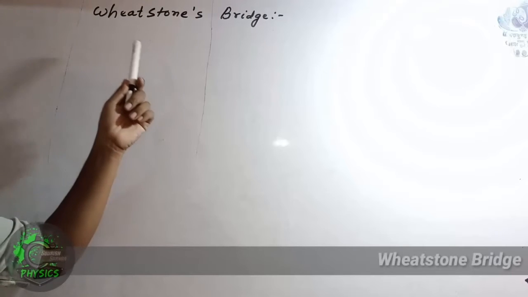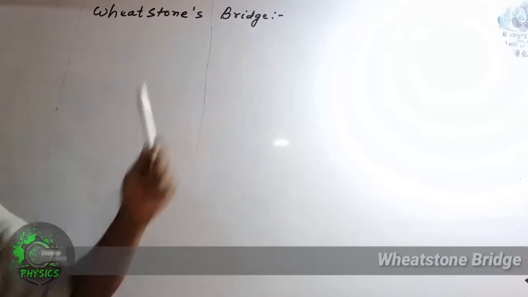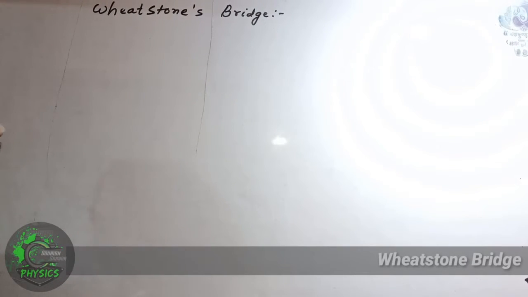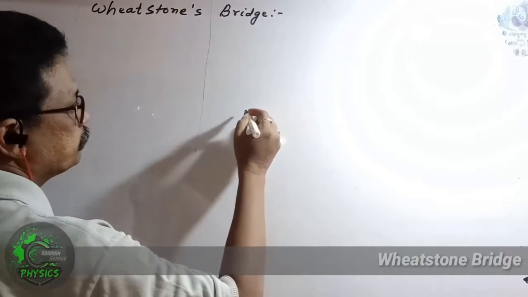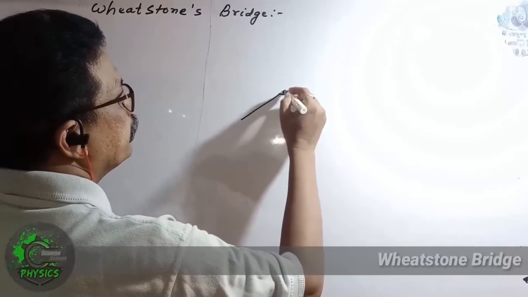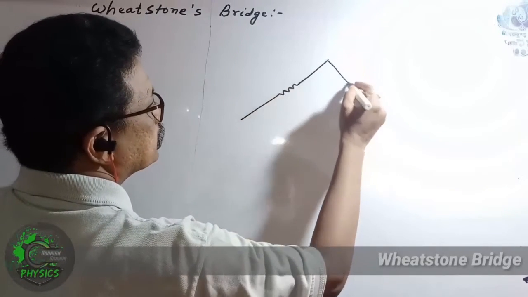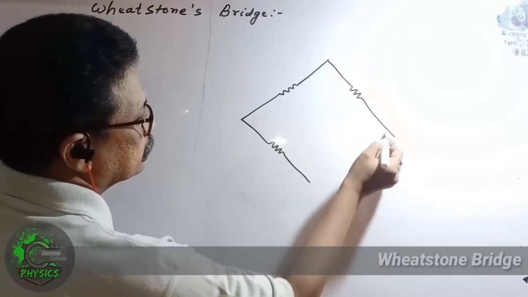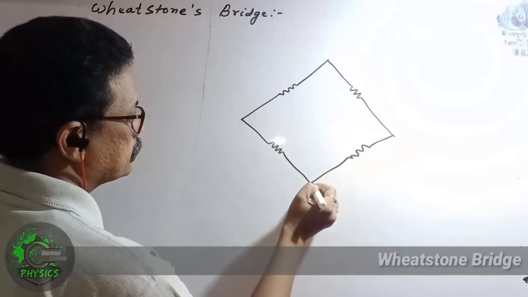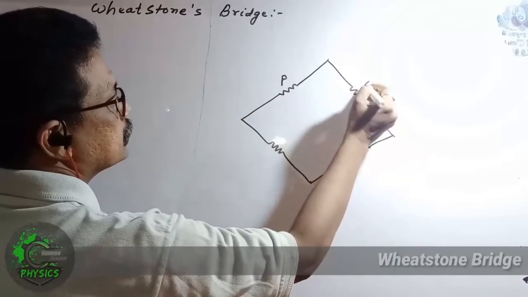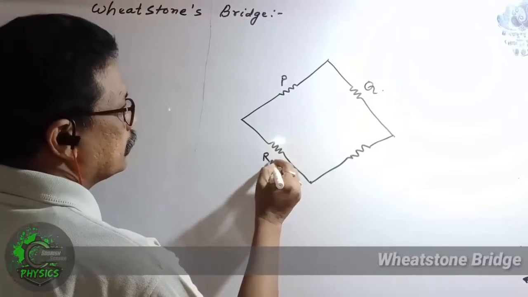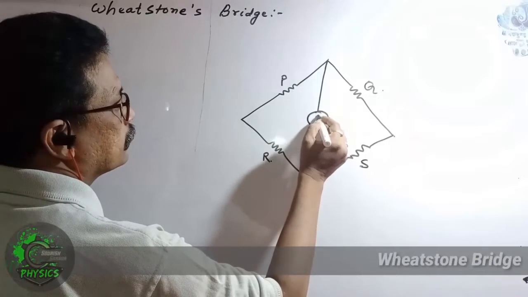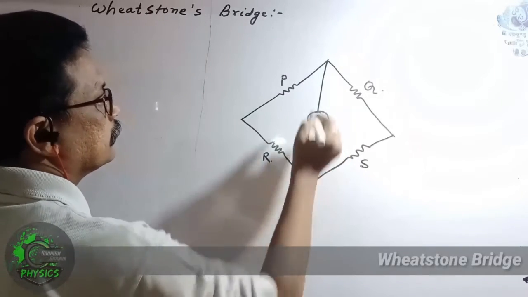Today we are going to discuss Wheatstone's bridge, which is one of the applications of Kirchhoff's loop rule. What is a Wheatstone bridge? If a network of four resistances is connected in this way, these are the four resistances. Let this be P, this be Q, this be R, this be S, and a galvanometer is connected between these